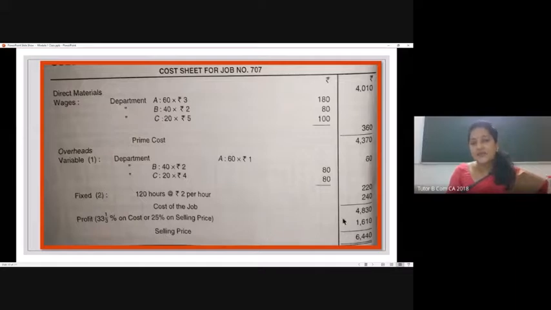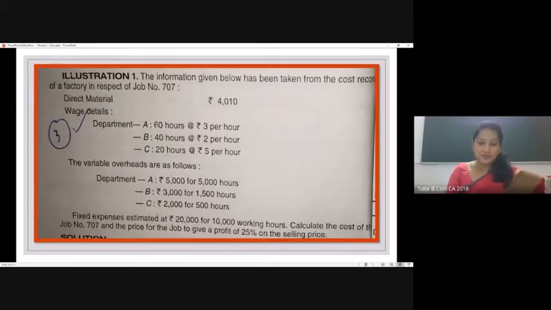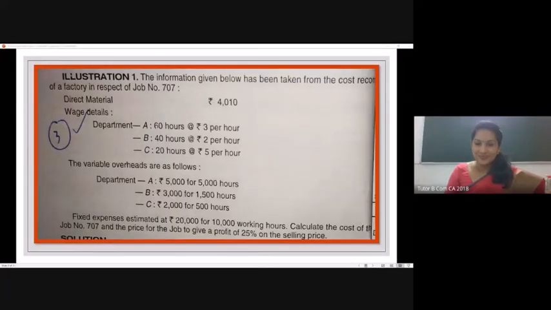And then the answer which we get is the profit that needs to be added to the cost to find out the total selling price. So that would be 4,830 plus 1,610, which gives us a selling price of 6,440. So that's it, which we did in our class, right? So just check whether you understood. If you have any doubt, you can ask now. Another thing is, it is not mandatory that you have to go with computation of